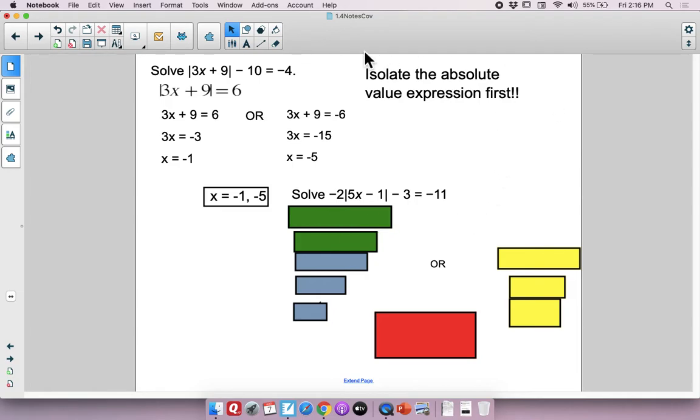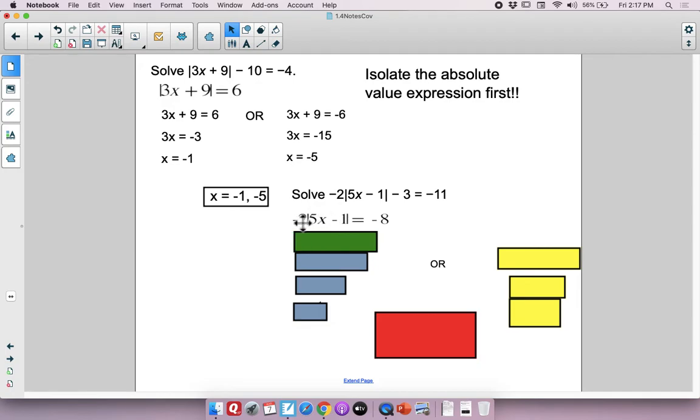Usually you write them from least to greatest, but you don't have to. All right, remember this hint on this next one. So go ahead and try it. There's a little bit more work to do on this one to start with, right? So hopefully you added 3. Is the absolute value isolated? Nope, still not. We still have this outside of the absolute values.